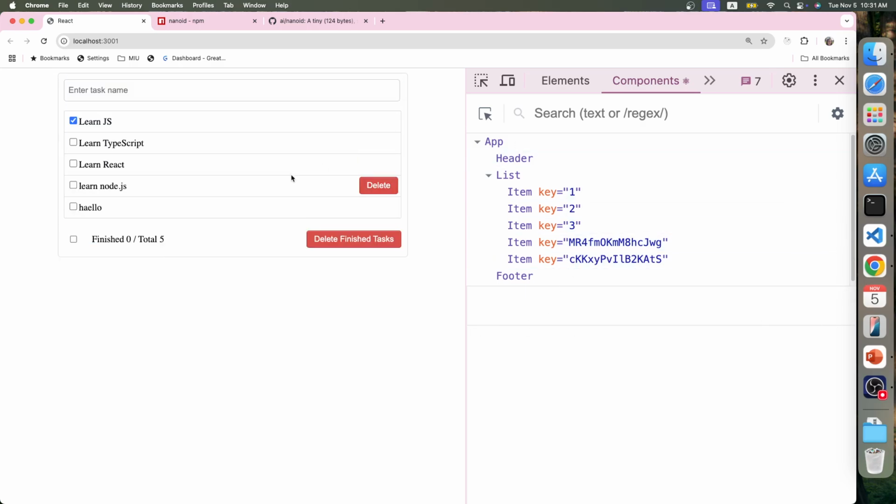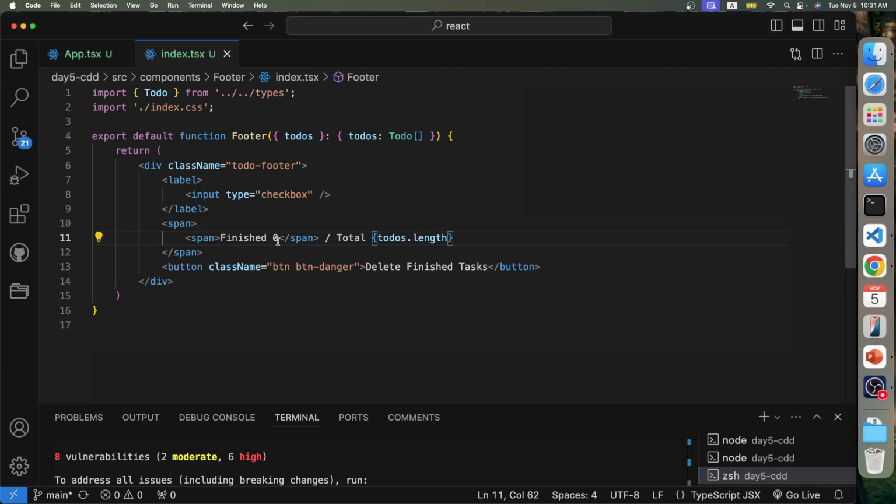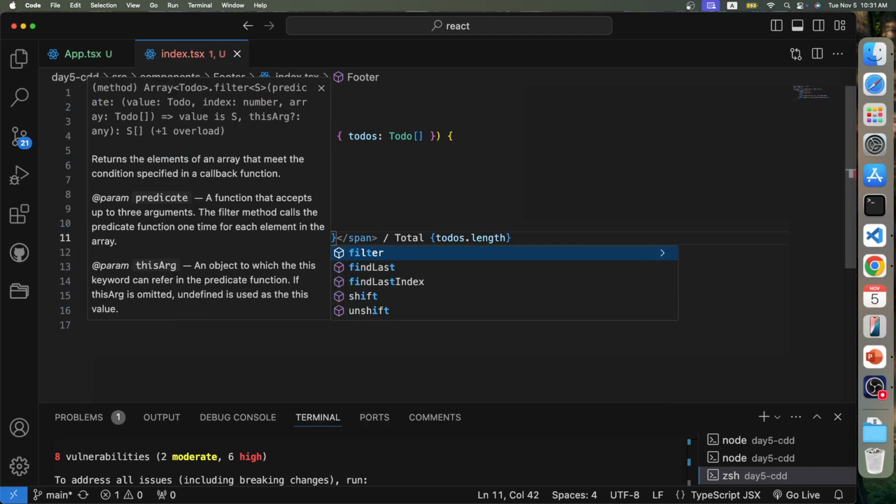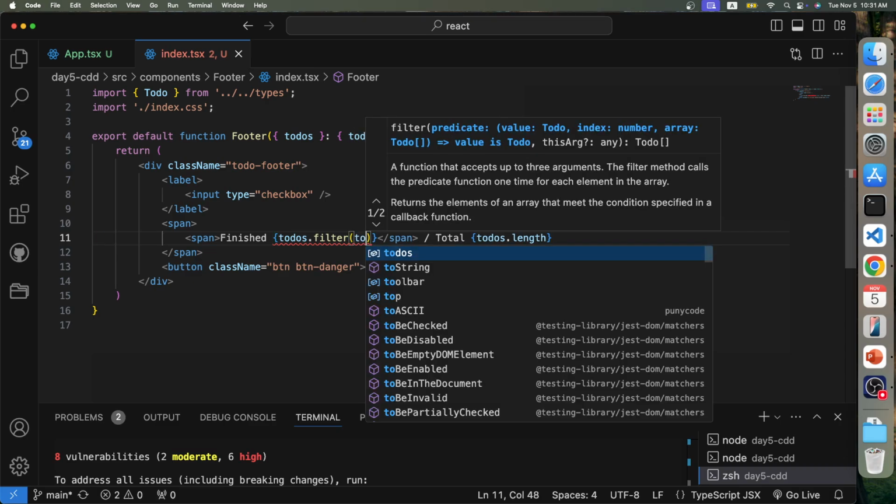So finished so far should have 1. And if I click one more, it should have 2, right? Which means we count how many values have done as true. So we can have todos.filter, filter by what? If td,